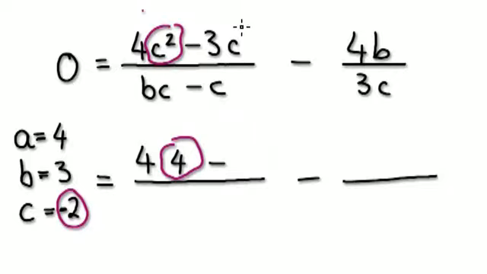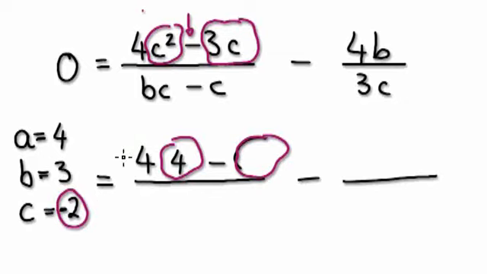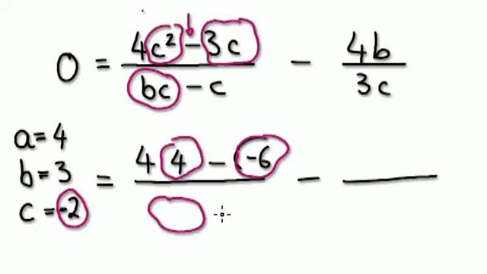Take away. Let's imagine this to be in a bubble here. So notice that the minus sign's on the outside of the bubble. Okay, so we've got a bubble here. 3 times -2, that would be -6. So the -6 goes into here. Okay, and then let's have a look at this bubble here. This bubble here minus here B times C. B times C, that will be -6. Okay, so the -6 goes into here,